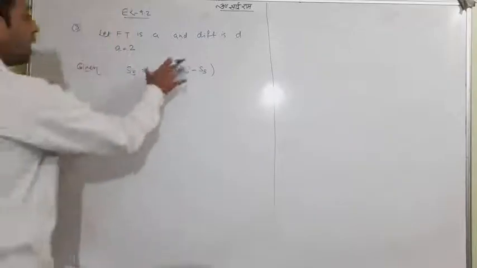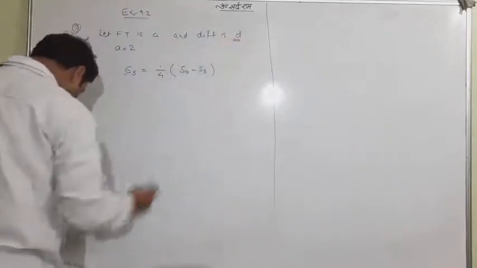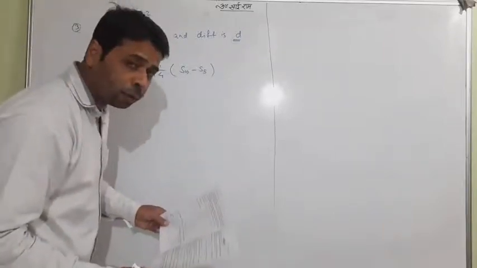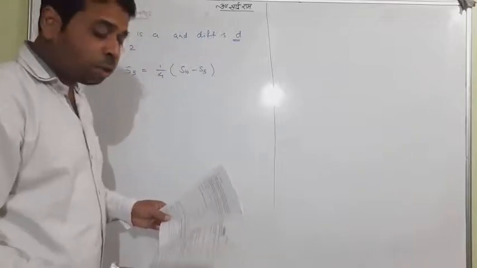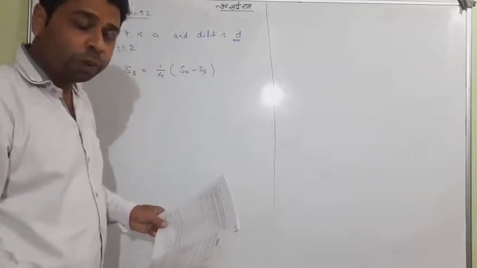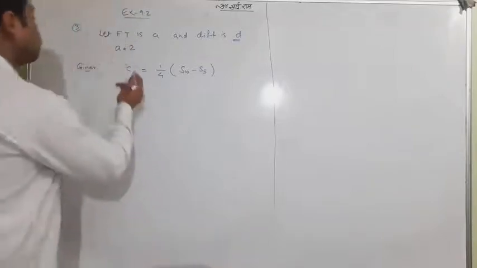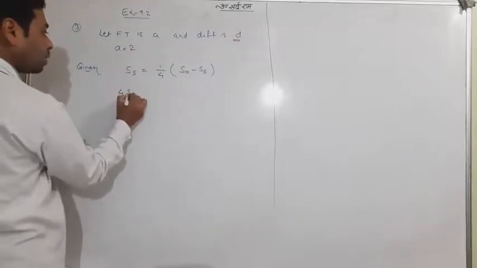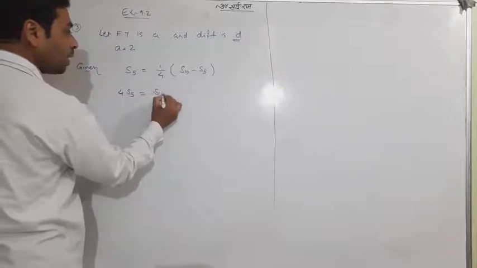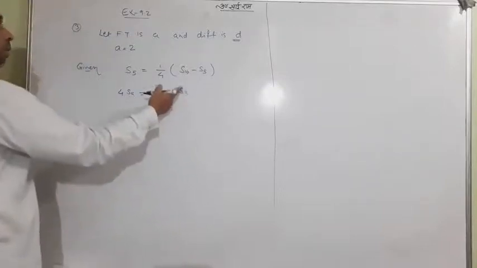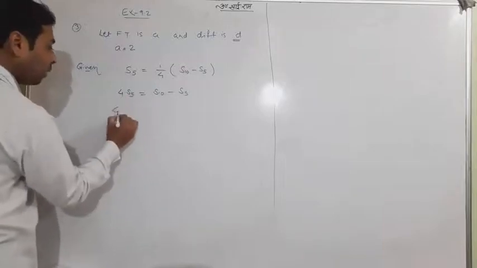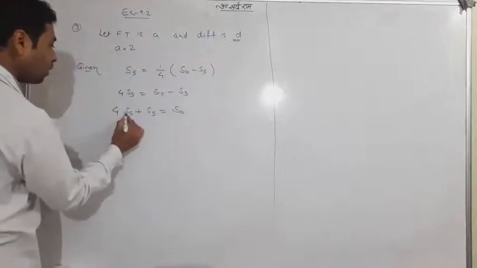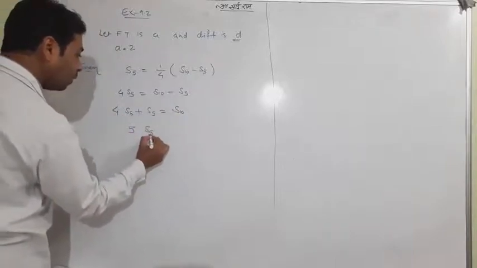So I want to extend the answer from here. We actually want D, because with the help of D we can show that the 20th term is minus 112, meaning we want to find T20. Ultimately we want to find that now. Okay, so first of all I'll find D. How is it so easy? Just transfer. 4S5 is equal to S10 minus S5. I transfer S5 here. So 4S5 plus S5 is equal to S10. This 4S5 and 1S5 is 5S5, equal to S10.